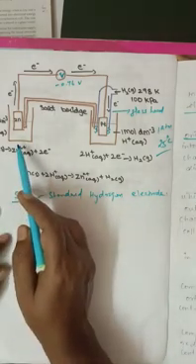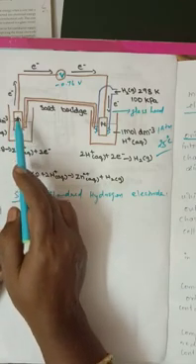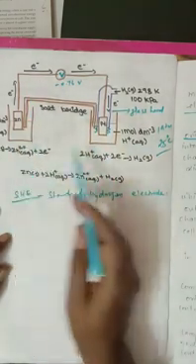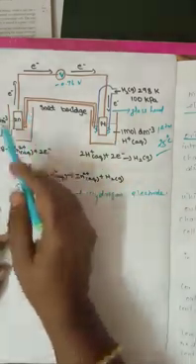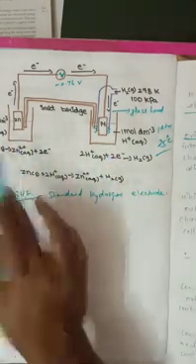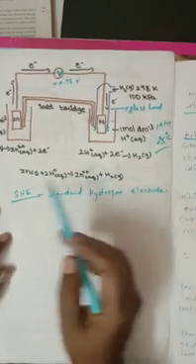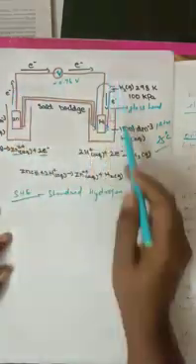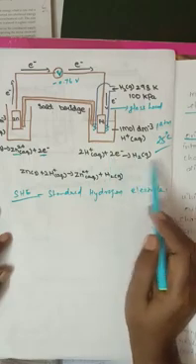Automatically oxidation occurs on the left side and reduction occurs on the right side. The electron flows from the left side compartment to the right side compartment. Already you know that the left side compartment is the anode compartment and the right side is the cathode compartment. So to determine the EMF or potential of zinc with the help of the SHE, there is a transfer of electrons from left to right through the wire externally. Now the zinc becomes Zn 2+ and 2 electrons are released. At the same time the 2 electrons are received by hydrogen, so 2 H+ plus 2 electrons become molecular hydrogen.